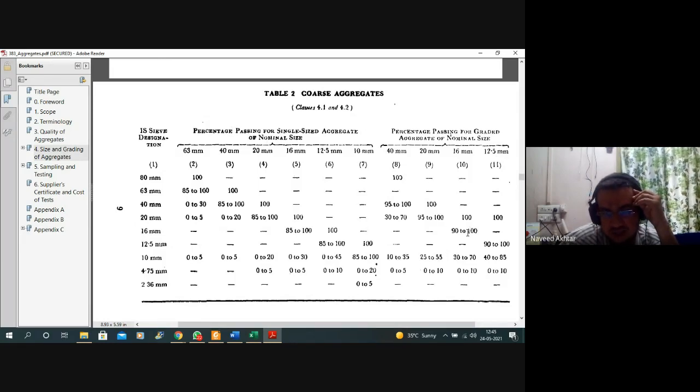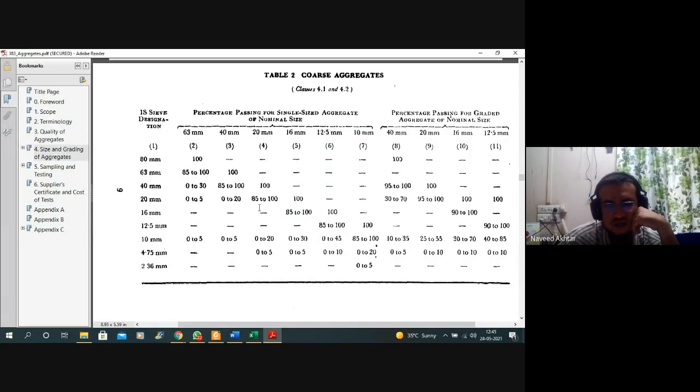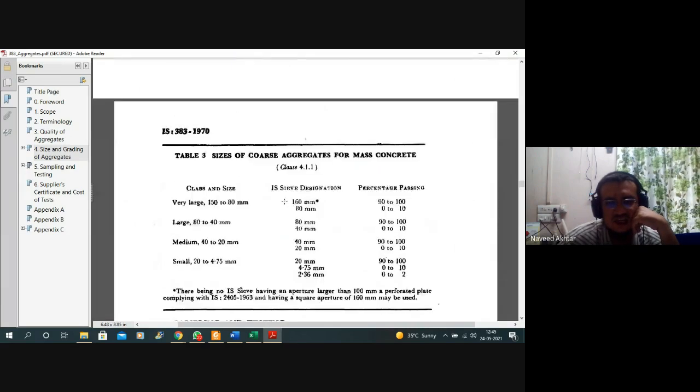So these are the percentages. By sieve analysis, you can find out the grading of the aggregate, and based on that you can decide which type of aggregate is there. Okay, so the vertical column has the sizes of your aggregate: 63 mm, 40 mm, 20 mm, 16 mm, 12.5 mm, 10 mm, different sizes of aggregate available, and based on that.